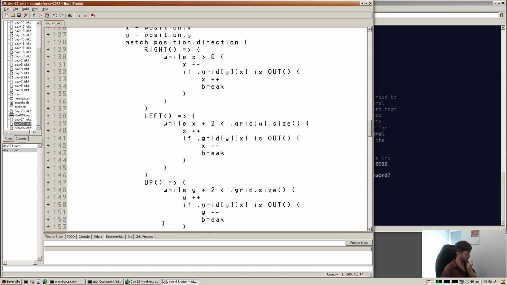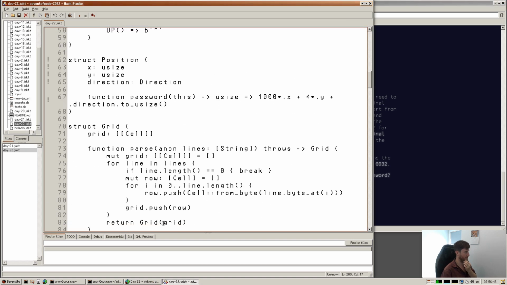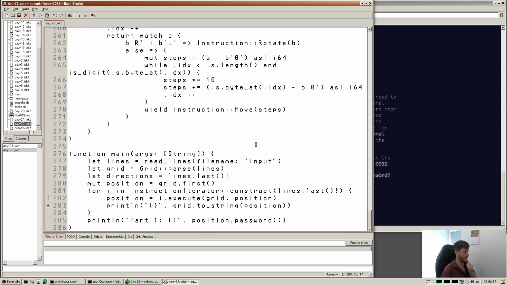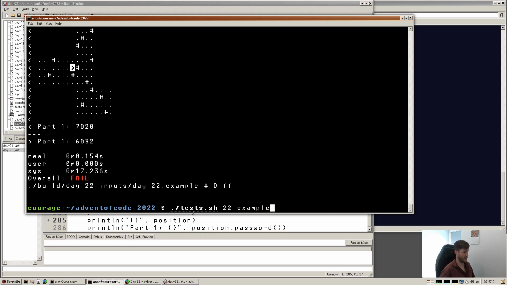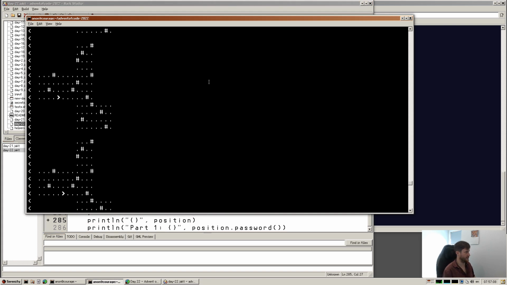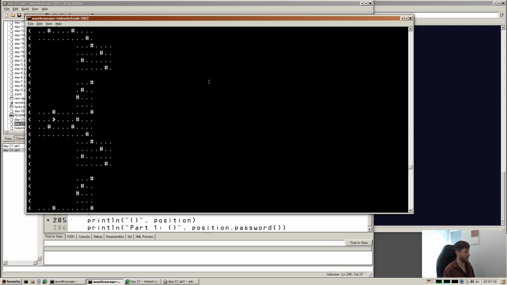Maybe when we print the answer, we can also print just the position, like that. And I kind of like this little graph thing. So yeah, we